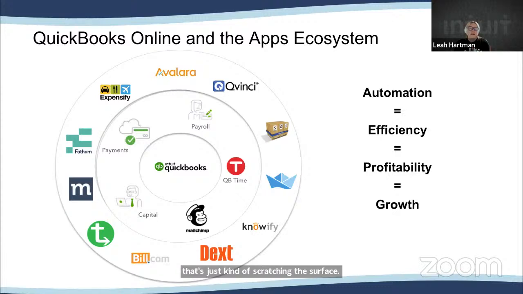But then we use the rest of the ecosystem, that outer ring. Those are third-party apps that are developed integrations. They went to our developer website and they developed that integration with QuickBooks Online. Some of them are two-way sync. Some of them just push data into QuickBooks Online. It really depends on the functionality or the workflow that needs to be completed, automated, efficient, right, to make it more profitable. We are trying to avoid manual data entry, and that's pretty much it, right?